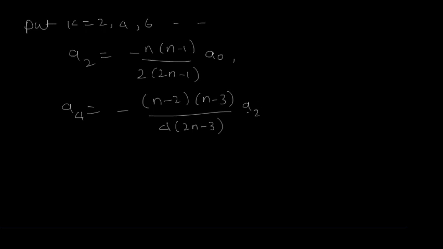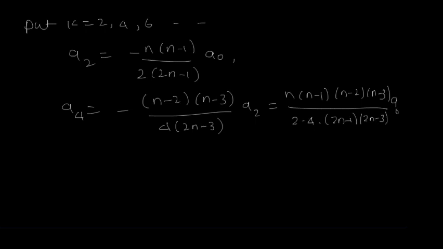Now substituting the value of a2 here, which gives n into n minus 1 into n minus 2 into n minus 3 divided by 2 into 4 into 2n minus 1 into 2n minus 3 a0. Substituting all these, we get